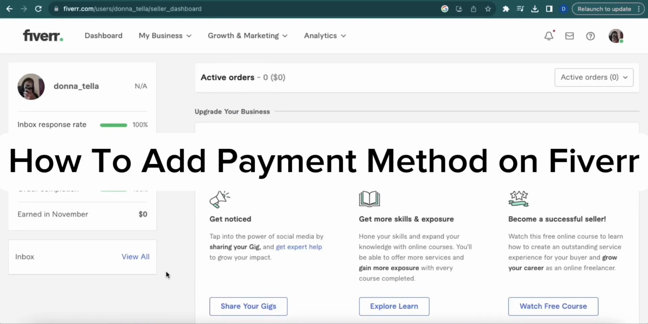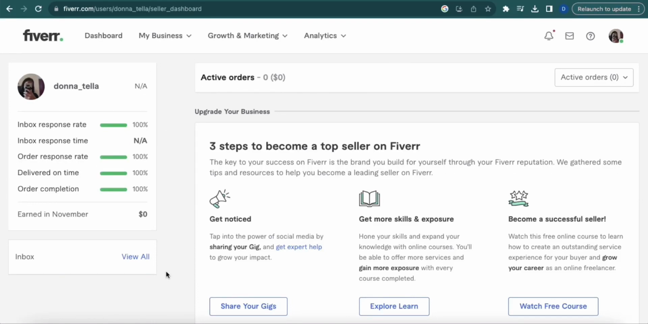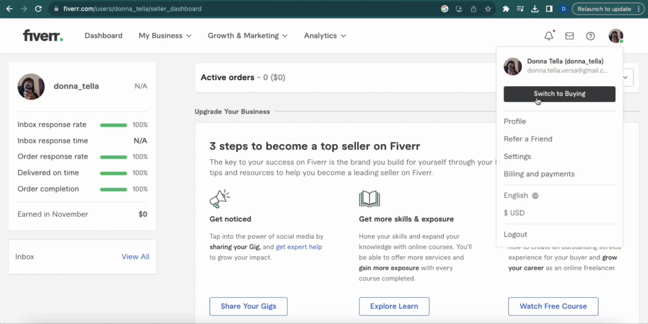How to add payment method on Fiverr. So first is to go to fiverr.com and then log into your Fiverr account. So make sure that when you click your profile icon, you should see this option, switch to buying, which means